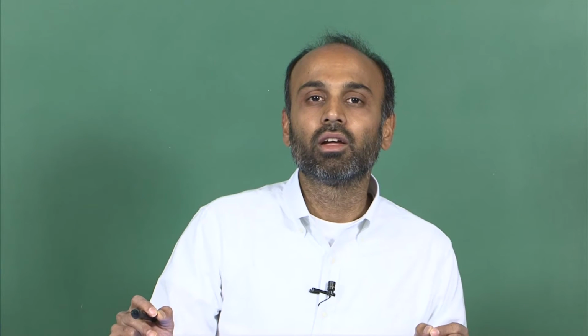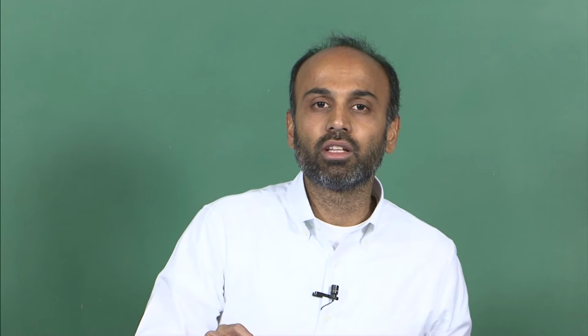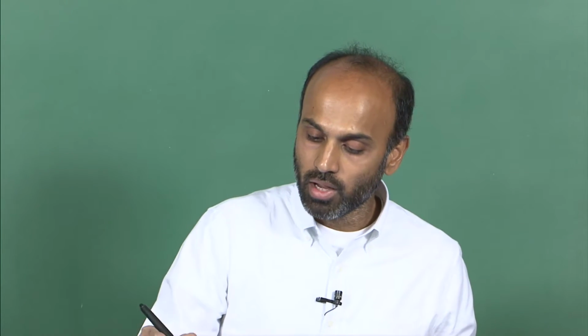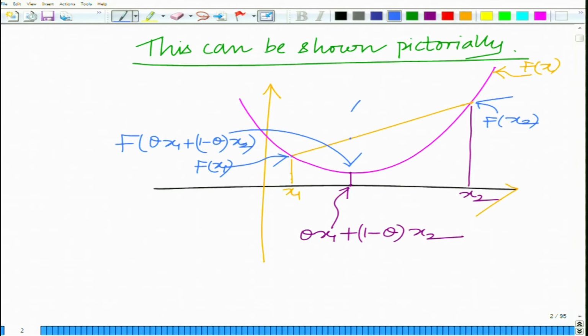So, we consider the line segment joining f of x1 and f of x2, and theta times f of x1 plus 1 minus theta times f of x2 is this point. You can see therefore that f of theta times x1 plus 1 minus theta times x2 is less than or equal to theta times f of x1 plus 1 minus theta times f of x2,